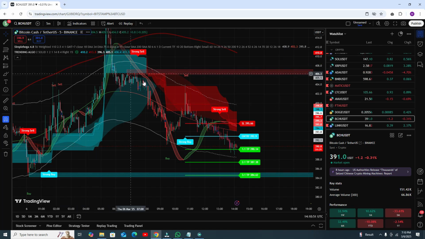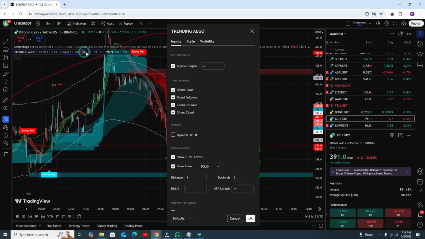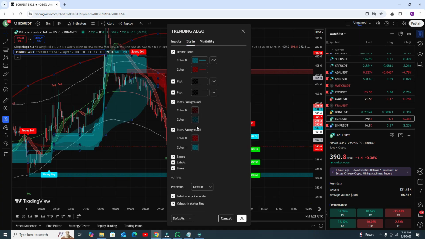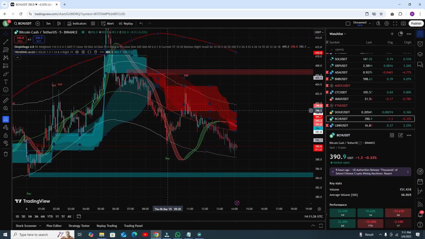But if you want to follow only these signals, like here, then that is not a profitable signal, but that signal is profitable. That signal is profitable, that signal is very profitable. So overall you are getting accuracy of 50 to 60%, but if you follow my strategy you will get more accuracy. So we need to find, let me show you. Go to the Trending, go to the style and uncheck the lines and labels. That's it, your indicator is now ready.